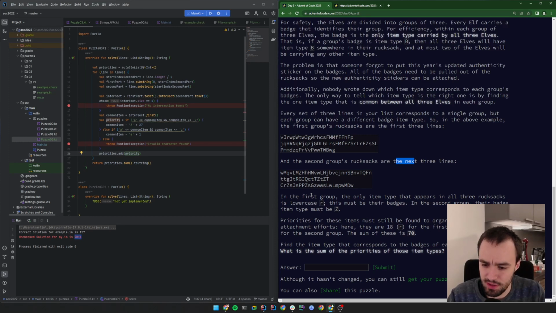Find the item type that corresponds to the badge of each 3 elf group. What is the sum of priorities of those item types? So that kind of means we need to group our lines in 3